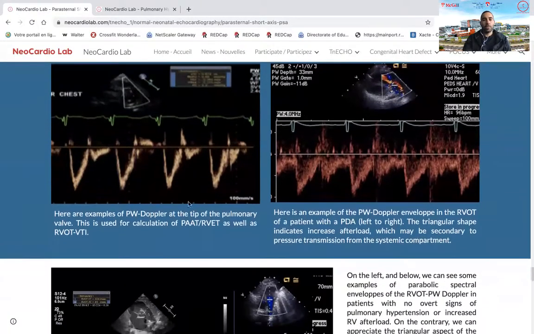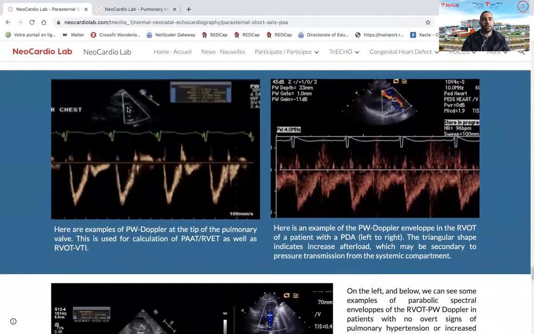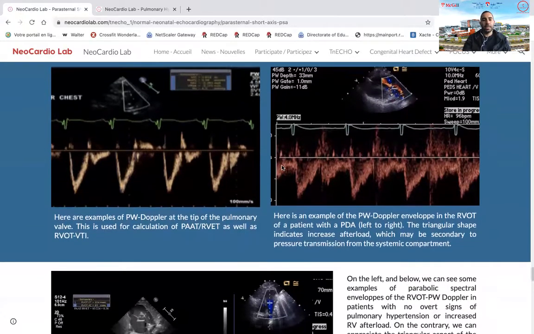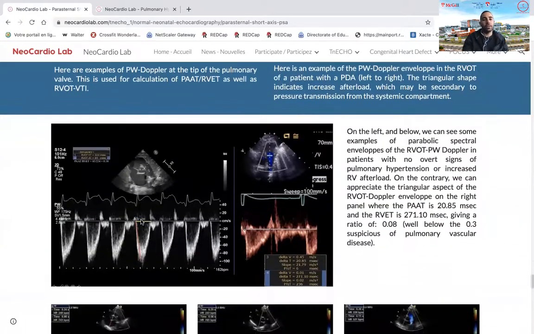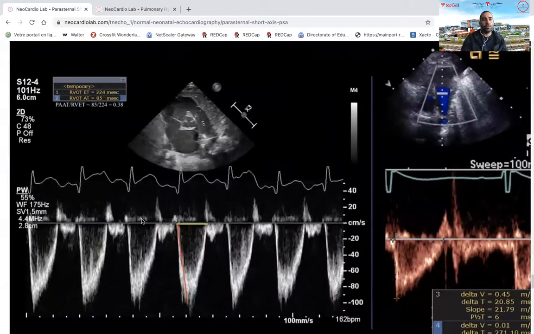So you can also do a pulse wave Doppler of your RV outflow tract in the parasternal short axis view. So we have seen the concept of doing a PW, or a pulse wave Doppler, in the main pulmonary artery at the tip of the pulmonary valve in order to assess the velocity time integral. You can also measure something called the